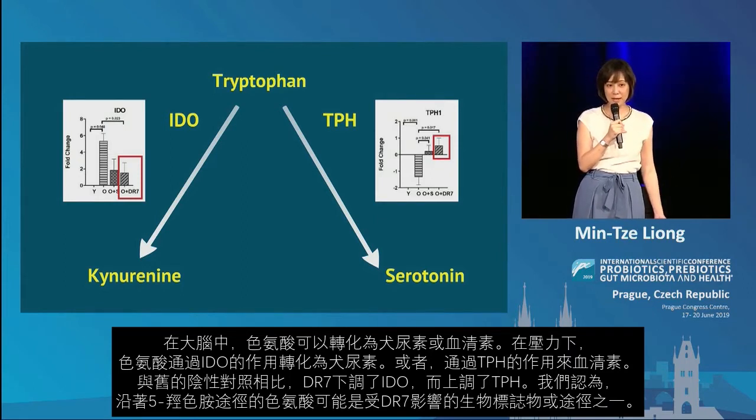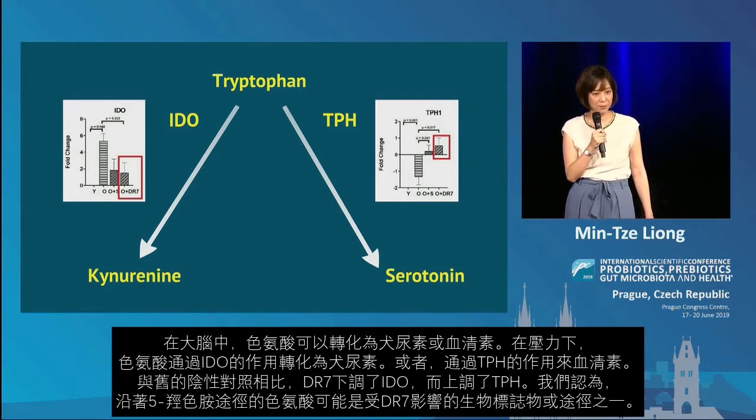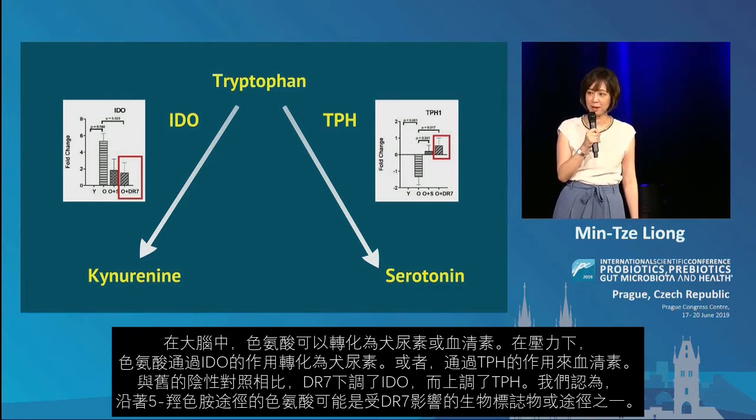When looking at the gene expressions of both enzymes, we found that IDO was downregulated, as compared to TPH, which was higher than the negative control. So we believe that tryptophan along the serotonin pathway may be one of the biomarkers or pathways affected